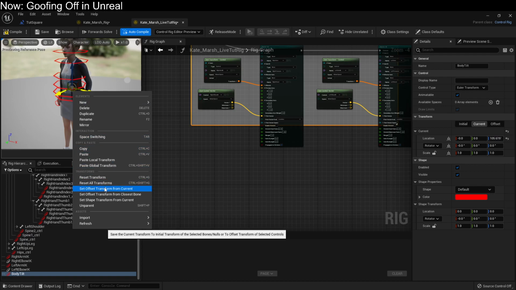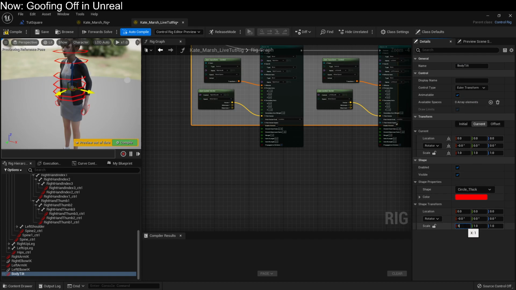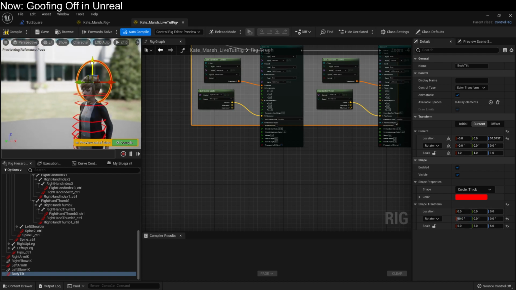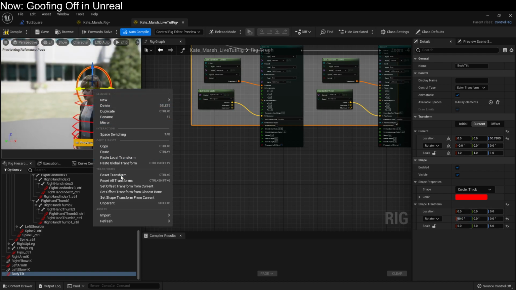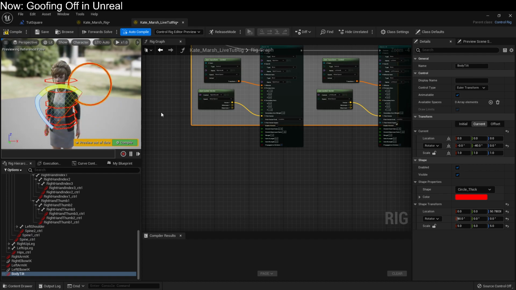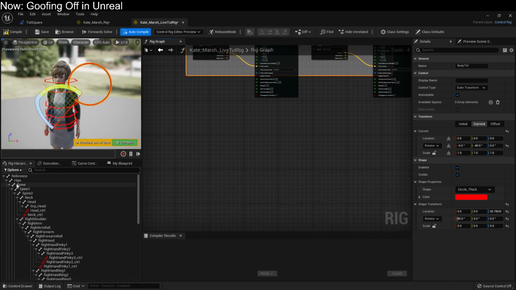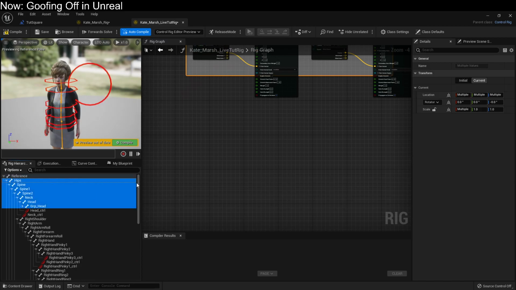Save that position. And we'll just make this into something that we can live with. And we'll just move the shape up around the head, just for the sake of having it there. And we'll set that shape transform. There we go. Of course, it doesn't do anything at the moment, but it will in a second here. What it's going to do is alter these core bones